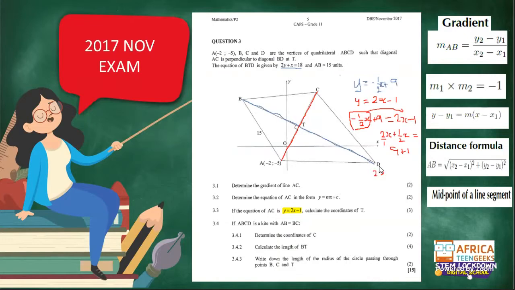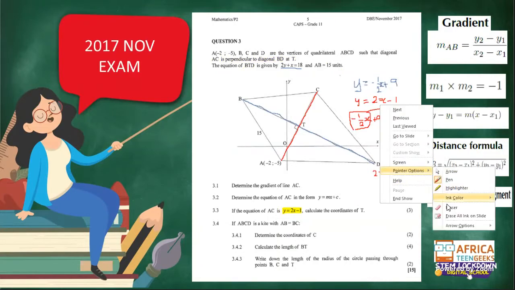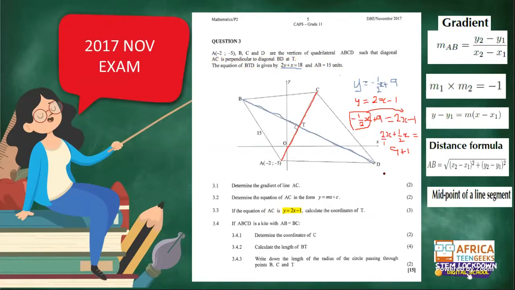So this would be 4x plus x divided by 2,